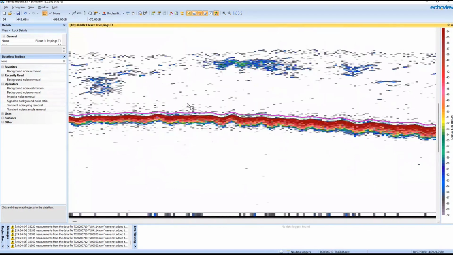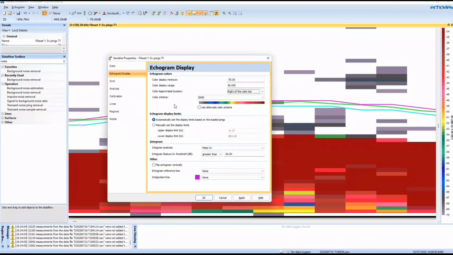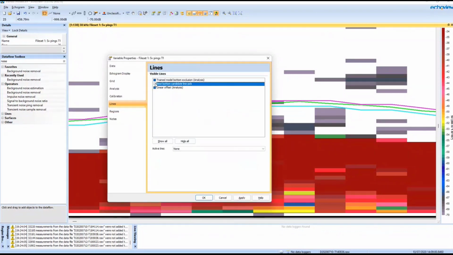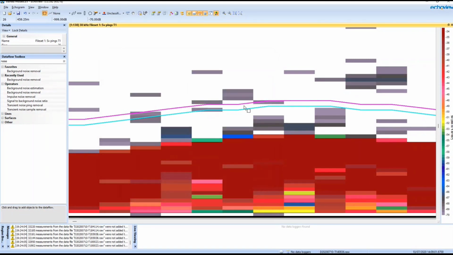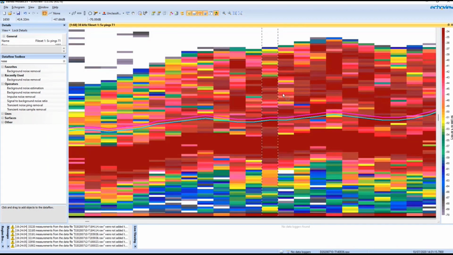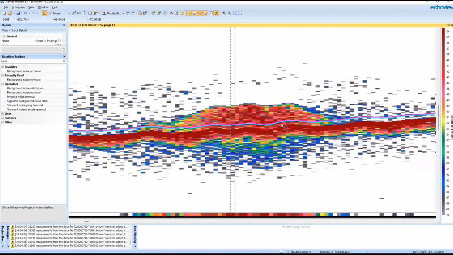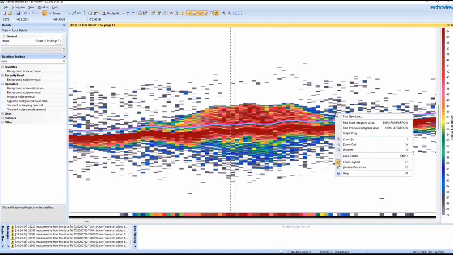So if we zoom in on our echogram here, I'll just turn off my old line first, turn off the best bottom. So we've got machine learning line and that automatic offset. If I right click in the echogram, find next intergram value, what this is going to do is jump to the next part of my entire echogram where it hits that threshold that I've set. So this has highlighted the first one, which is this school. We know that we're happy that this is a school, so the line has performed well, so that's good. Just a really strong school.